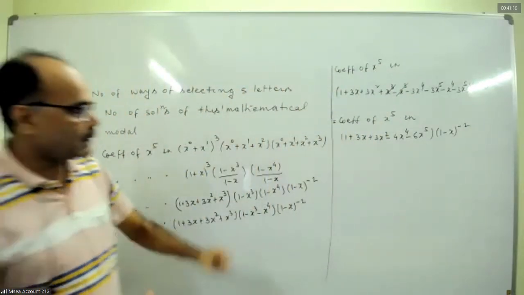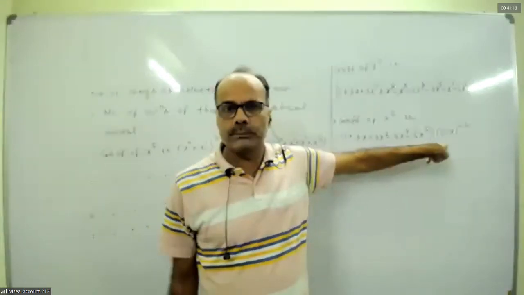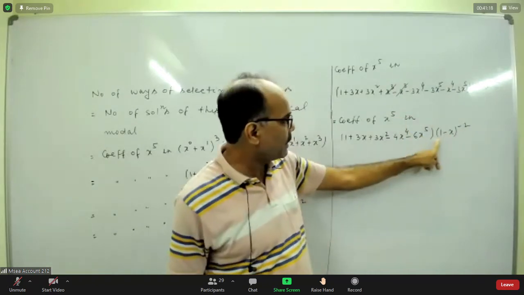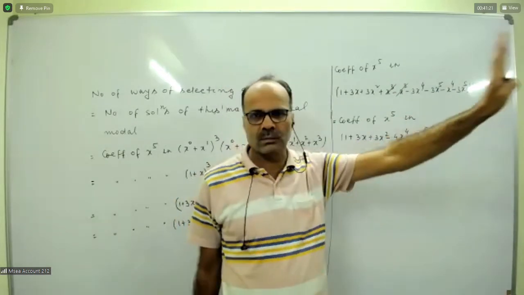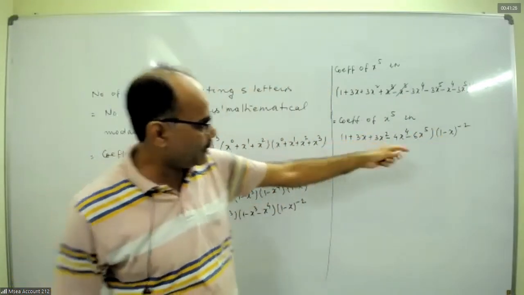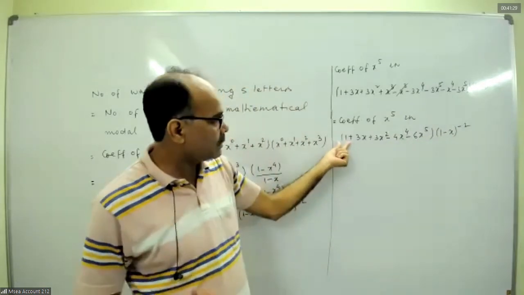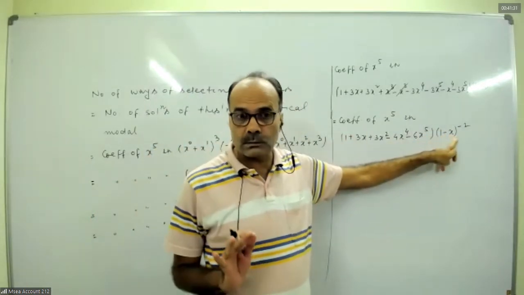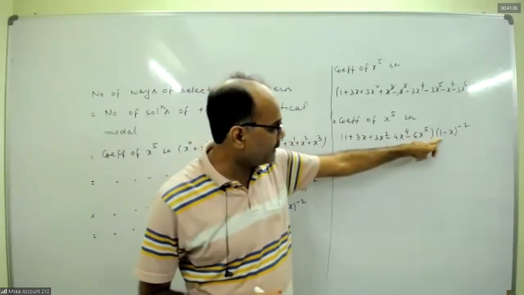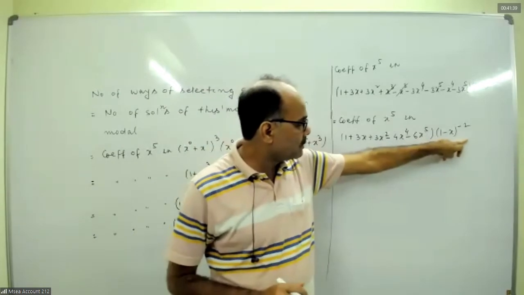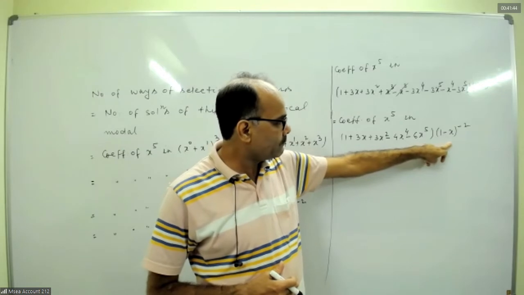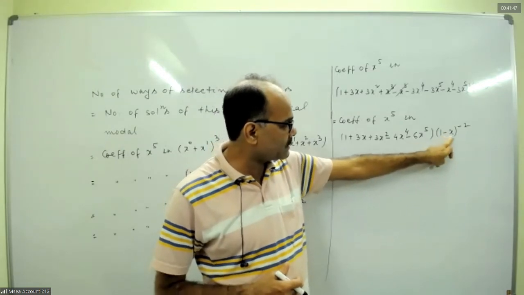Now we can calculate. See, if you expand it, all the terms will be positive. We have seen this in the binomial theorem: 1 plus 2x plus 4x square, and so on. So with 1, the term which has x to the power 5 will give us x to the power 5. Expand it: 1 plus 2x plus 4x square and so on.